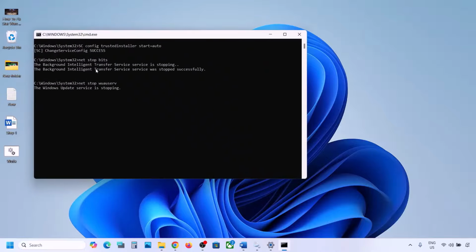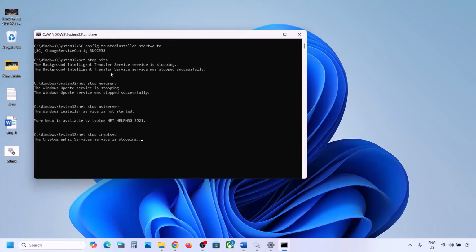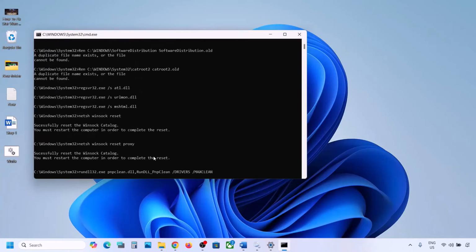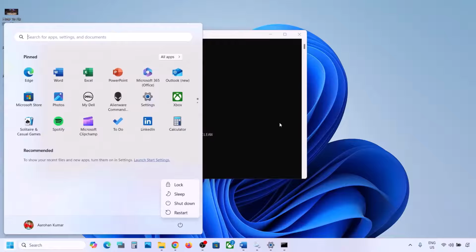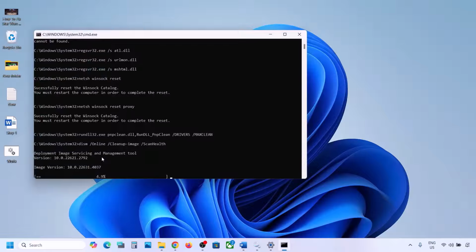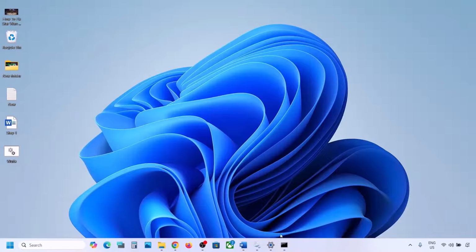First of all, it will stop all the Windows update components, and then it will run some scans. There are a couple of scans, so this process will take some time. Once all the scans are complete, it will restart all the Windows update components, and once this is done, you can restart your computer, but let the process complete first. After the system restarts, you can update your Windows 11 and then check. Now if it is still not working,